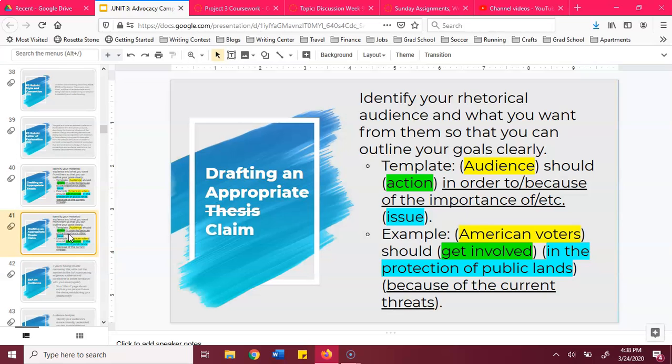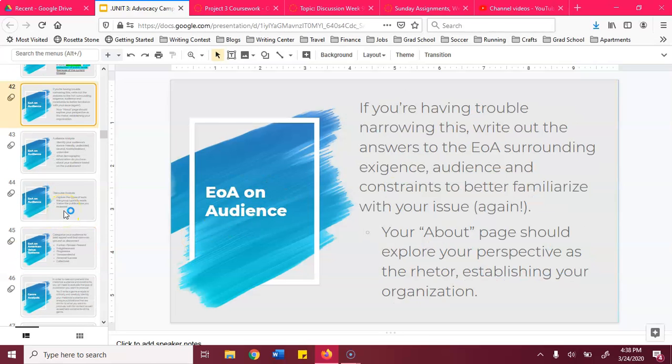We will use the term claim in this, so you'll see I've crossed out thesis, replaced it with claim, based on the argumentation structures that we'll talk about next week. Thesis and claim are both terms for the same piece, basically identifying your main argument. Alright, and the remainder of this recording is going to talk a little bit more about audience and then go back to Canvas. With this project, identifying your audience clearly and knowing more about them is going to be super helpful to make sure that you are successful in achieving your purpose. The Essentials of Argument readings that you are going through for this project could be really helpful in starting to define this section.